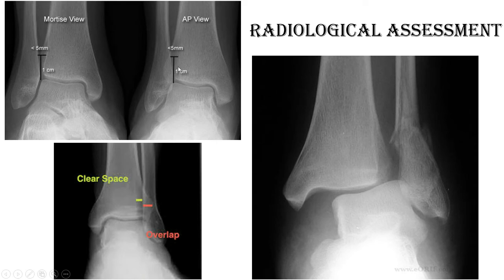Okay, and this 1 centimeter above the joint line will be the main guide of your X-ray examination or assessment. But if you see only the AP view, you may miss some syndesmotic injury. So how will you address it? You have to address it by a Mortise view, that is 15-degree internal rotation of the ankle. Then you can easily understand the gap of the fibula and the tibia.